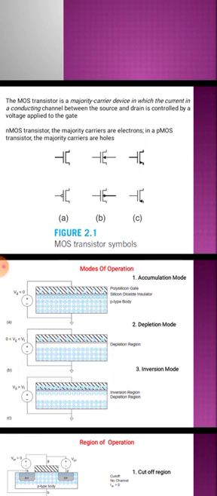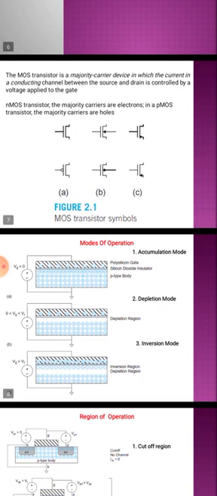That means in enhancement mode MOSFET, the channel is not present. By default, we have to create the channel by applying some external biasing voltage at the gate terminal. By applying some voltage at the gate terminal, we will establish a channel between source and drain under the